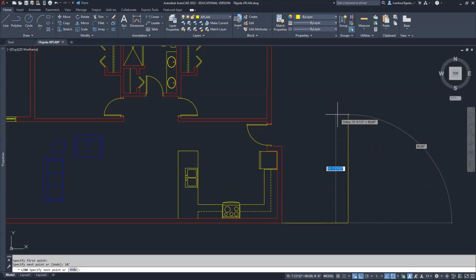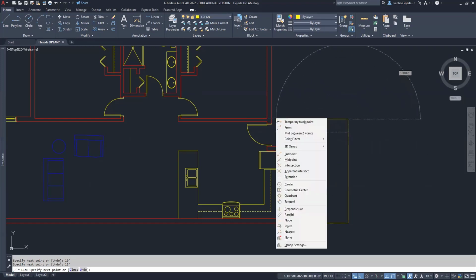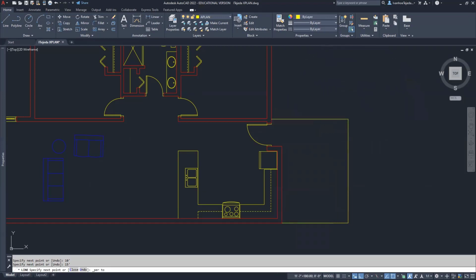For me right now, let's say I decide to make it 15 feet. So I type 15 and enter, and then I'll bring it straight back. And then I'll use my shift right click to make sure it's perpendicular right there. And then right click enter to terminate. That's my deck. But go ahead, make yours whatever size you'd like to make it, and make sure you include